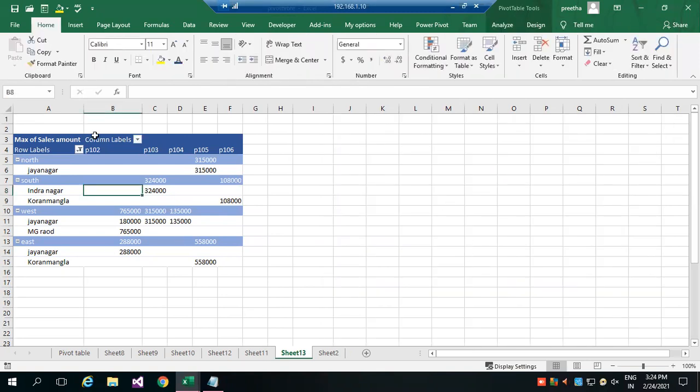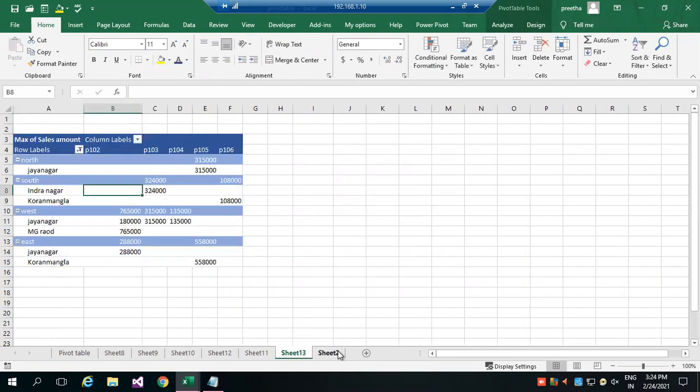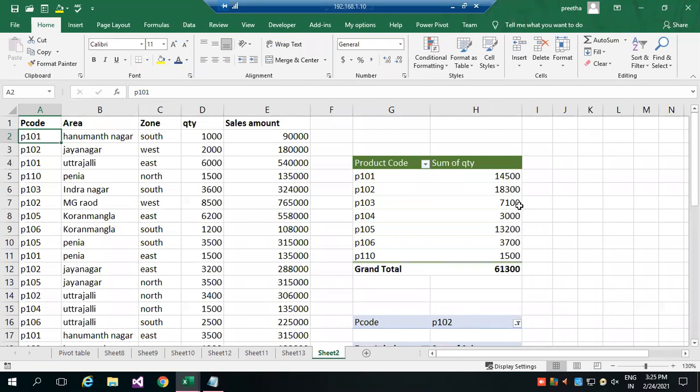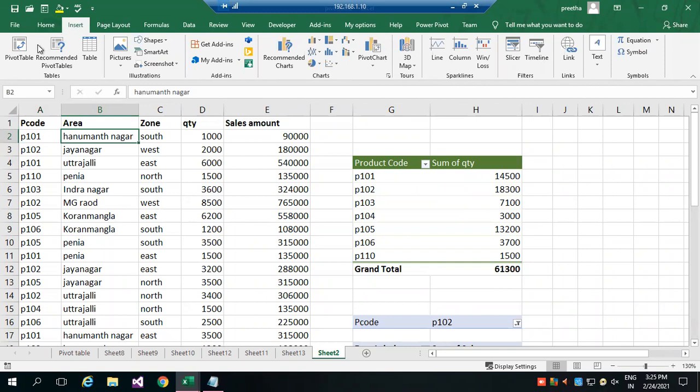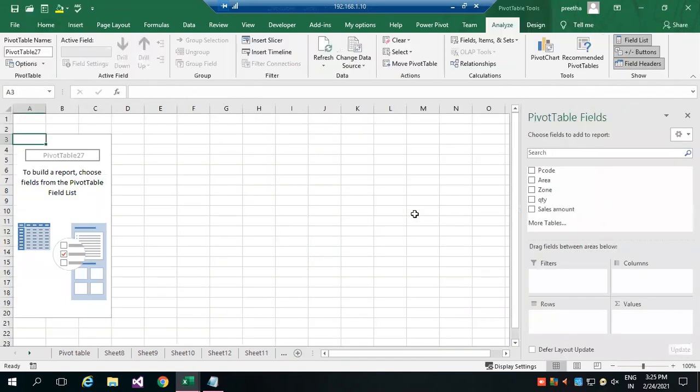Now you could see this is your data. We'll take one back. Okay, let us prepare and then we'll do slicer. New worksheet I'm taking.